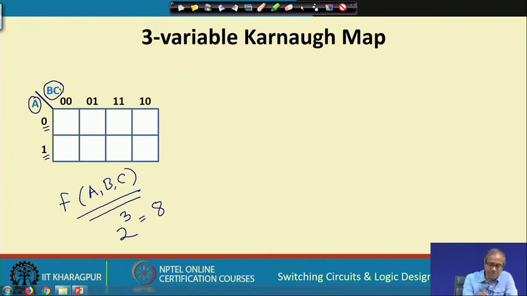Similarly, with respect to b c, you see the 4 combinations of values 0 0, 0 1, 1 0 and 1 1 are given. But the point to note is that we have not written these values in the binary order 0 0, 0 1, 1 0, 1 1. Rather, we had written 1 1 first and then 1 0. So, why have we done this? Because we also have to ensure, as I had said, that 2 adjacent minterms must differ in one variable